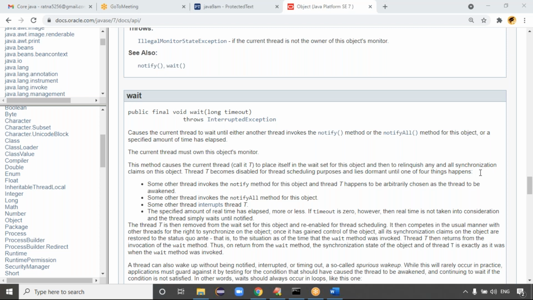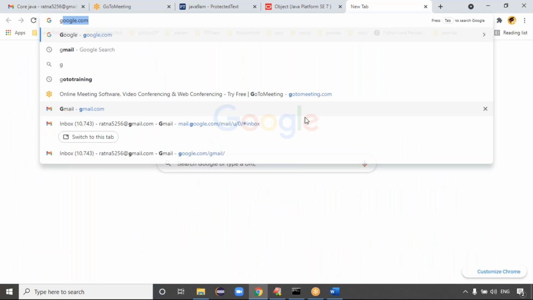But notify is which method, guys, here? Native method. If notify is a native method, that method's particular implementation is in non-Java code. Internally they're going for some C libraries, C++ libraries, some other languages, guys. So that's what we're saying: what are native methods in Java? Generally native methods we can call foreign methods, guys.